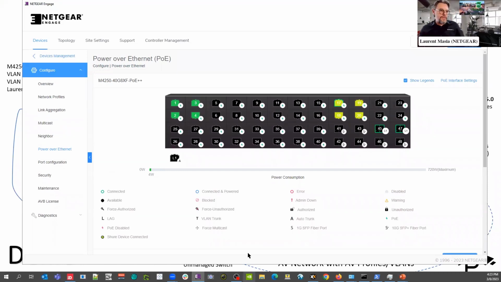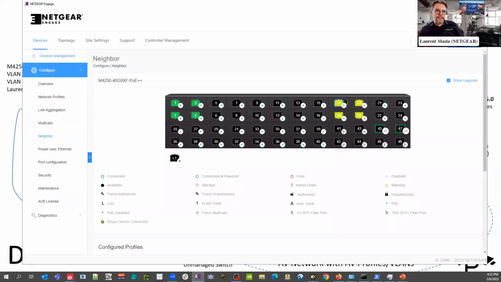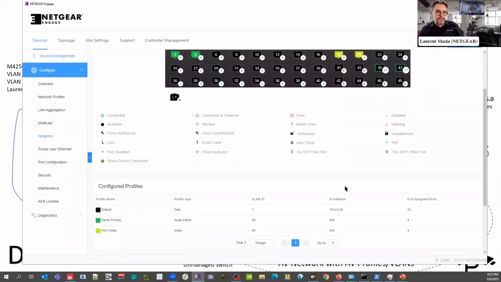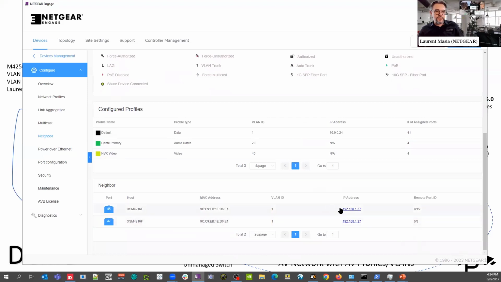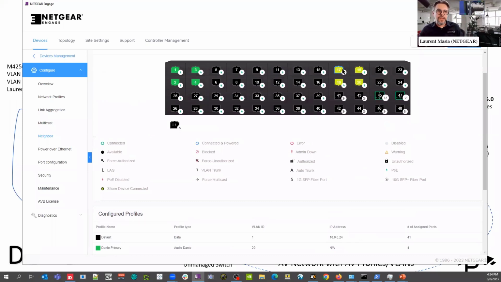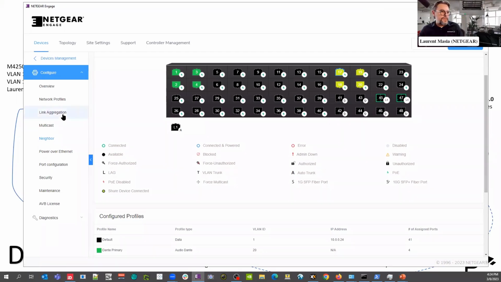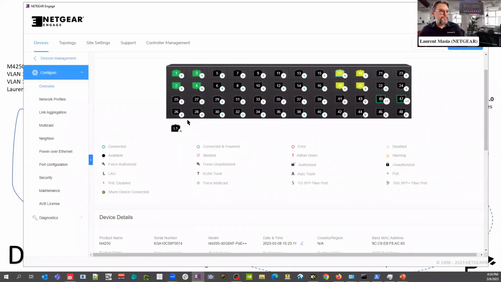And the fact of the matter is that the way the NETGEAR switch is getting the new IP address, it's using LLDP. So in the neighbor table, we are going to see it after 30 seconds because the LLDP packets come every 30 seconds. But so that you understand, this camera, because it's a camera actually, is on the port 17 of that GSM 4248X switch right there. So I think the 30 seconds are almost past. Let's